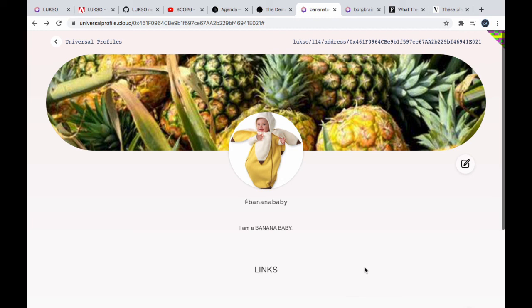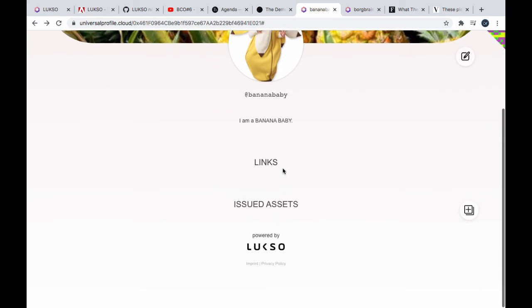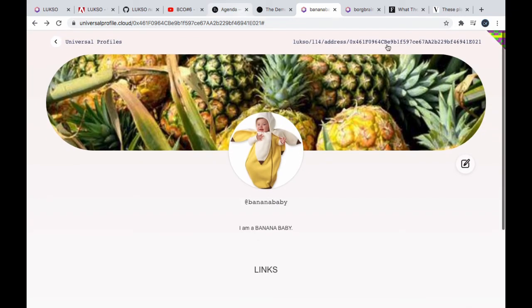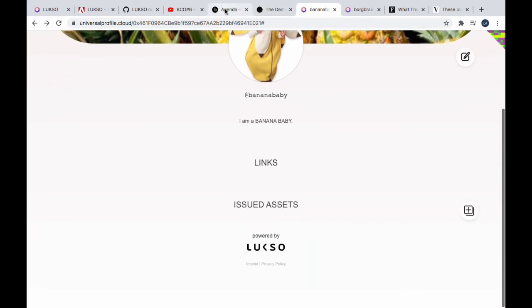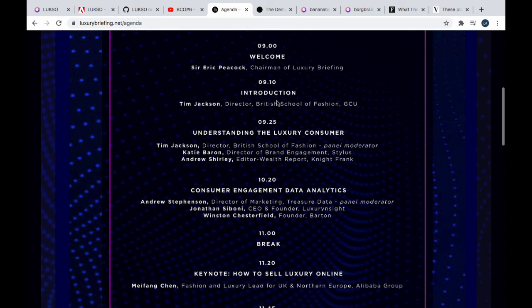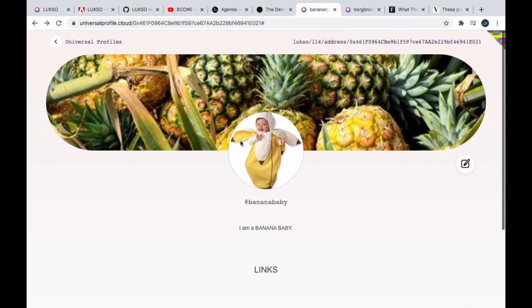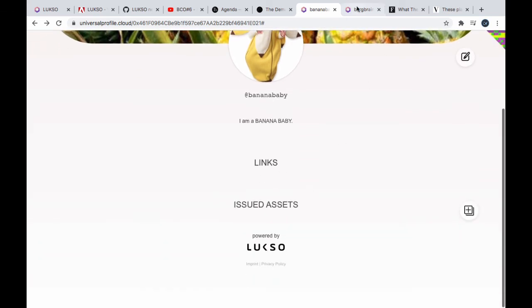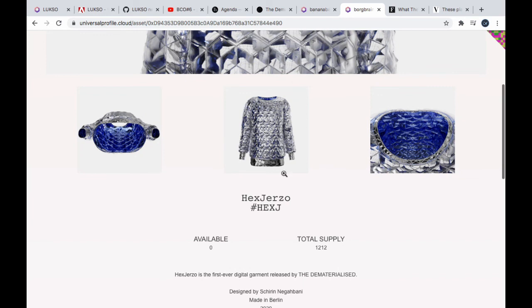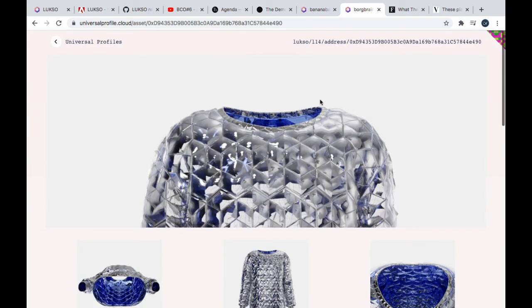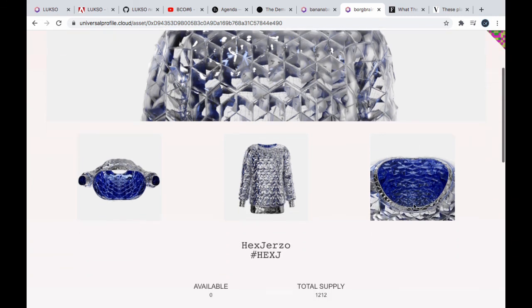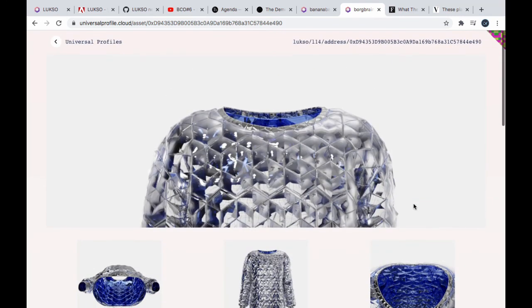But that's it. Create a universal profile. If you're a little banana baby, you want to create a universal profile on Luxo, and you want to be a little bit ahead of the chain. You want to be able to tell your friends that when this conference happened and they dropped the secret code, I was able, through my banana baby universal profile, to claim some cool, limited edition, very early digital clothing or artifact or aesthetic item of some sort.